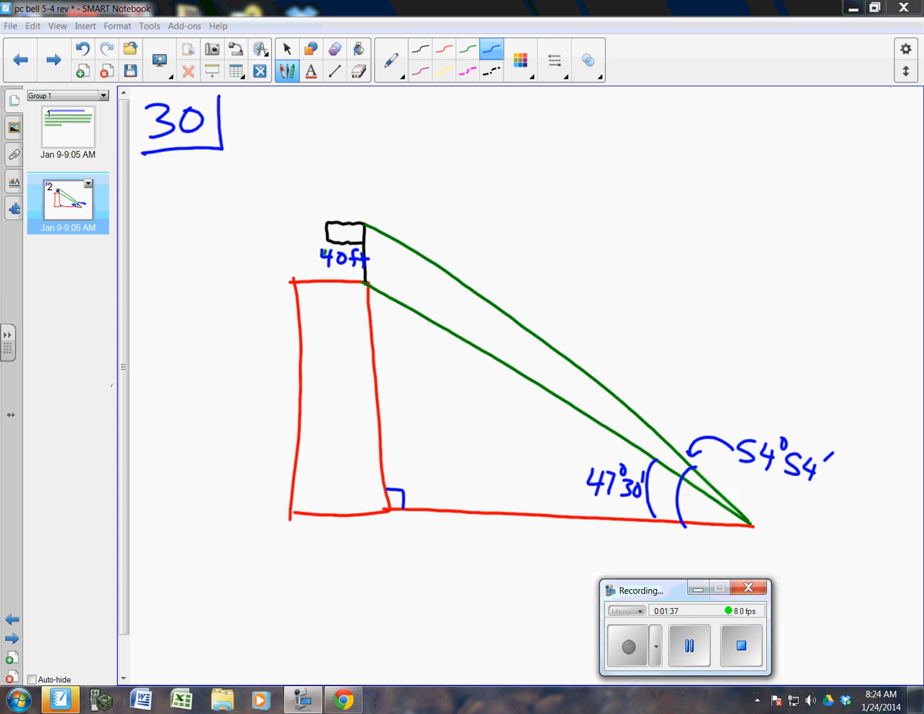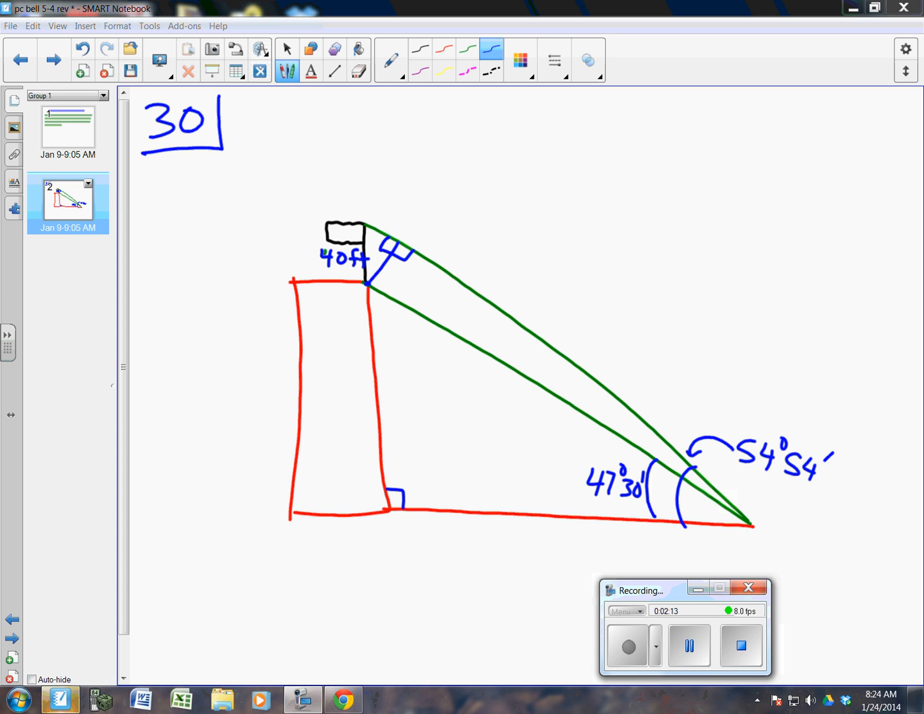Anytime you have an oblique triangle, like this one, an oblique triangle is a triangle that's not a right triangle, you can create two right triangles by taking a line from this vertex, drawing it down to that base right there. You see that? I created two right triangles inside that oblique triangle. One right here and one right here. And